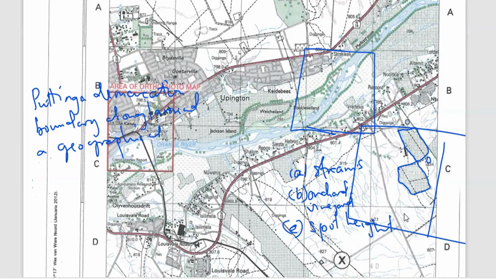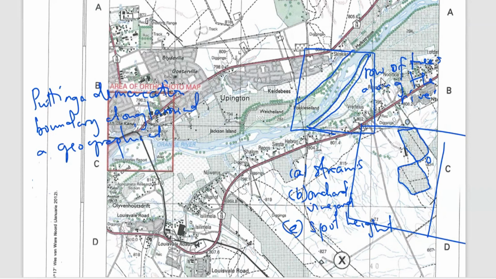That is buffering. Then provide evidence from the topographical map that buffering is occurring on either side of the Orange River in block B4. Here, what is the evidence? If we check, the river has been buffered. There is a boundary here, which marks, and also there's a buffering here happening. So the evidence is there are rows of trees along the river. So if you check on either side, there's a row of trees here along the Orange River,